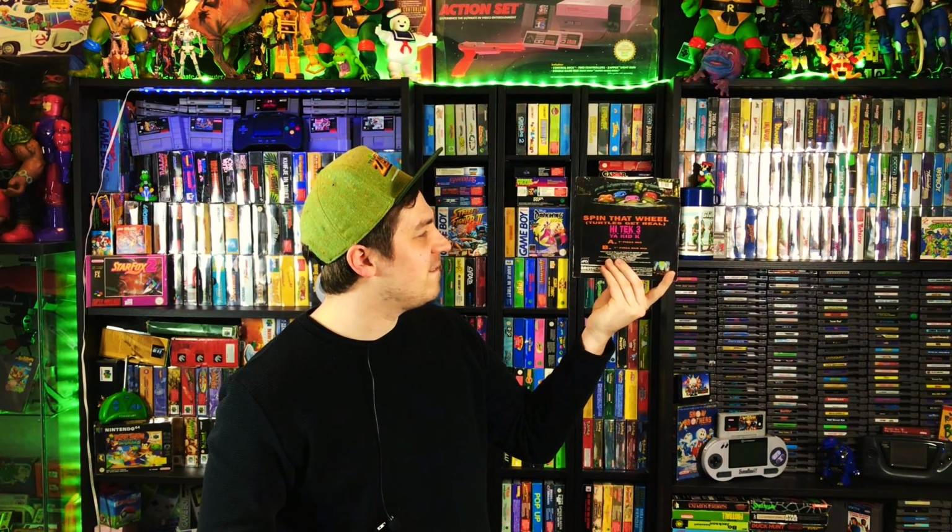Love that cover artwork on here. It's something I didn't have, and it's definitely a cool thing to have in your TMNT collection. So yeah, cool record, 7-inch. Let's see, it's probably gonna be just regular stuff. Nowadays they always have to put on colors and, you know, picture discs and stuff like that, but no, this